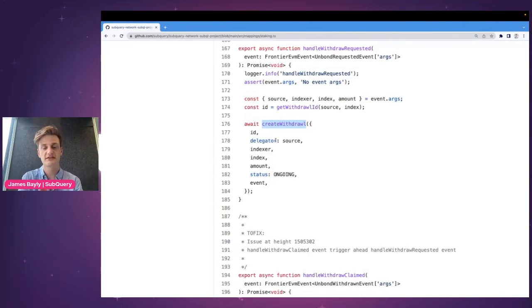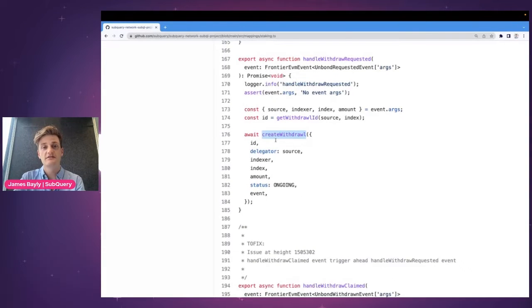So in many cases, people use SubQuery to build a data set for their NFT marketplace. And they will also do an off-chain call to get information about that artwork from IPFS or from a third-party API. If you're doing a DEX, you could go off and make a request to CoinGecko to get the latest prices for assets. You can make any external API call from these mapping functions that you want.